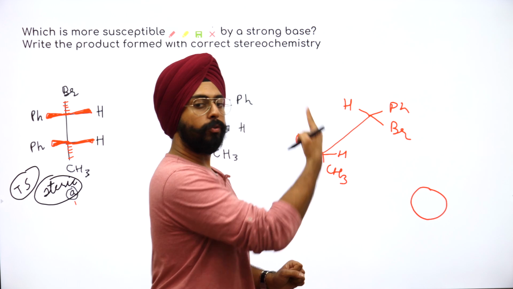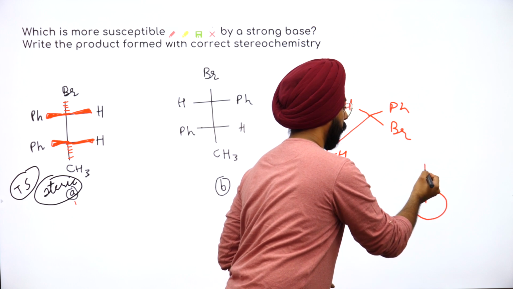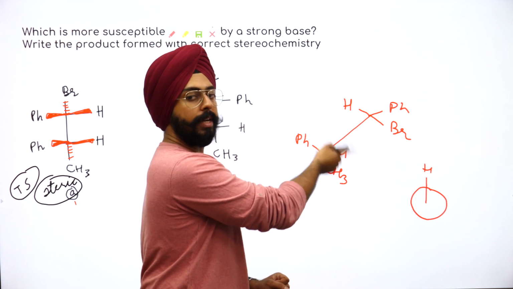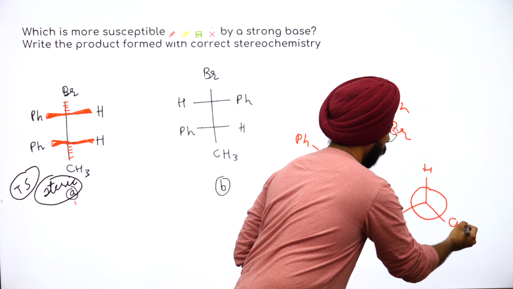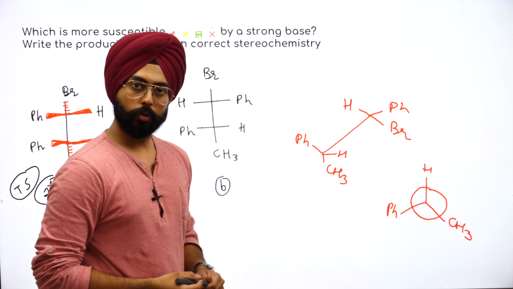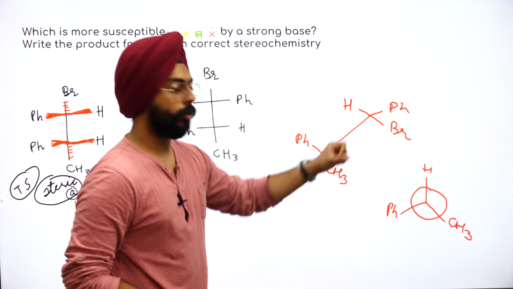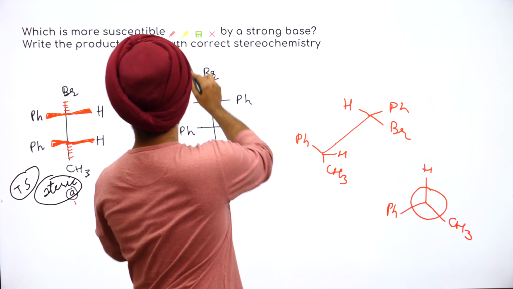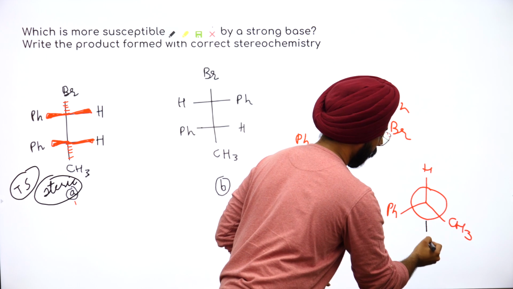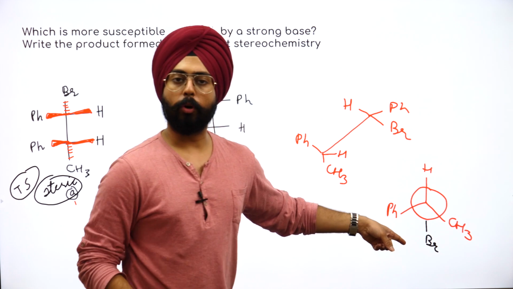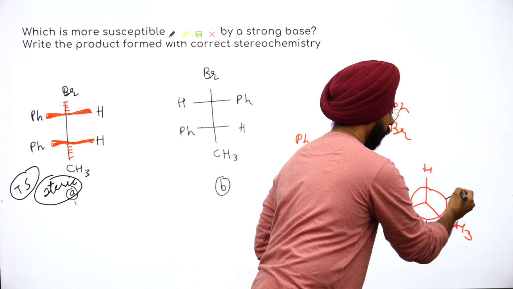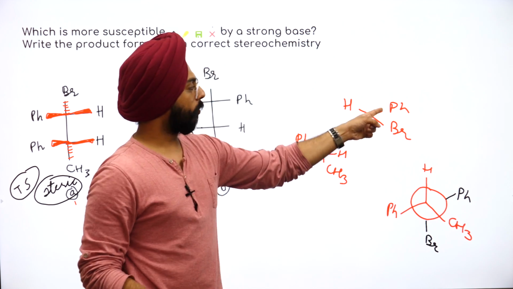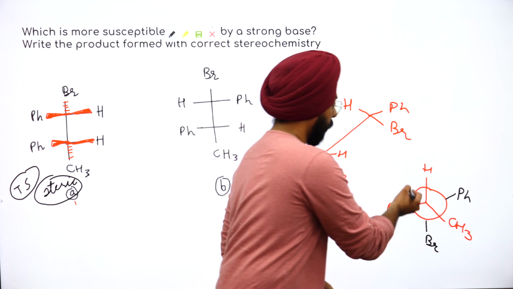Front carbon, I have to keep hydrogen, let's say, at the top. Left side to the hydrogen, anti-clockwise there's a phenyl group, benzene ring. Right side पे CH3. Alrighty. Now on the back what's happening? We have to keep the bromine at the bottom. Bromine at the bottom. Yes. Towards the left side of bromine there's a pH. Anti-clockwise to the bromine. Anti-clockwise to the pH there's a hydrogen.